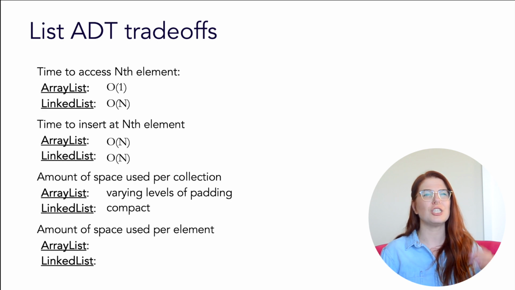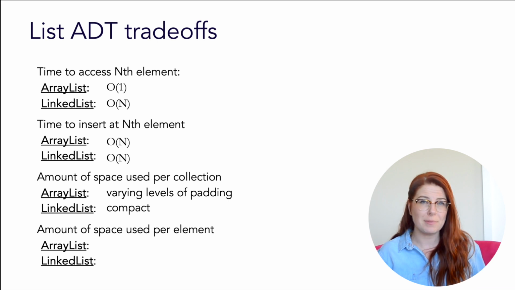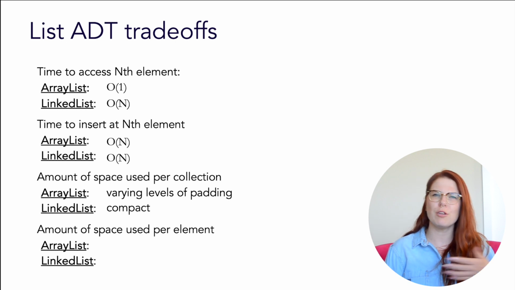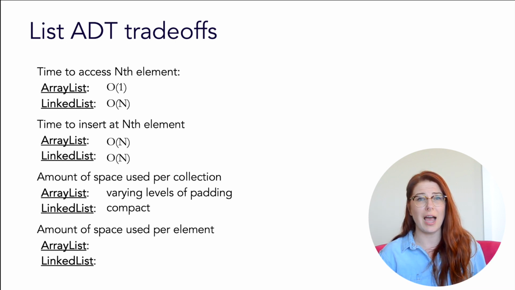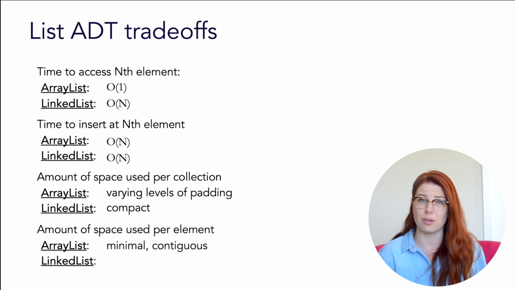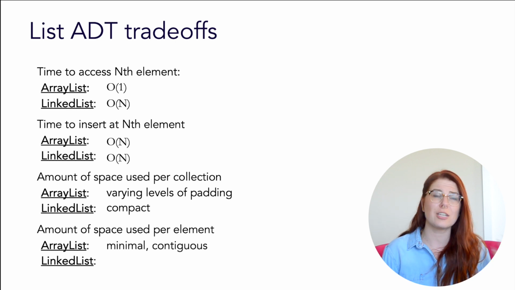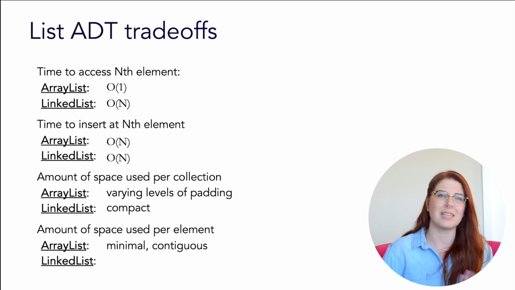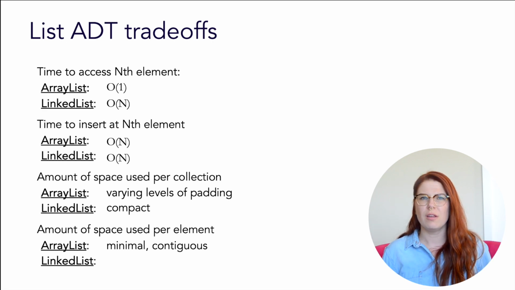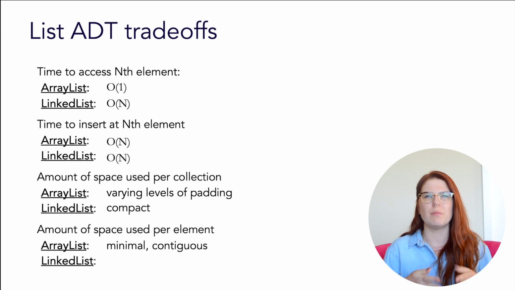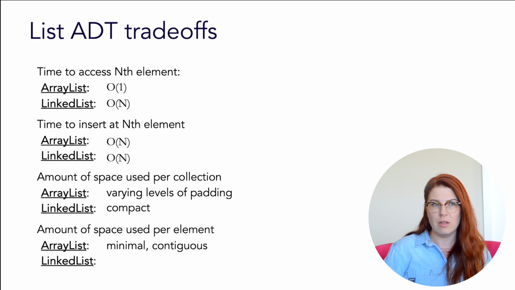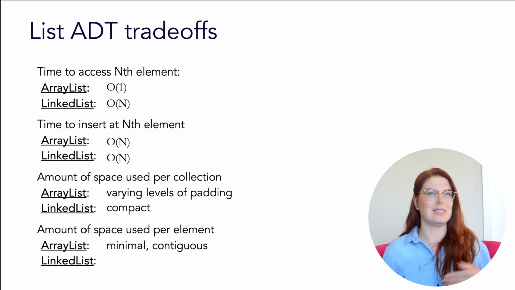However, when we look at each individual item, computers are really optimized for arrays, because computer memory is just a big array. And so when you ask your computer for an array of size 5, what it goes and does is actually find 5 spaces of memory right next to each other, so that you don't have to store any extra information of where to find those pieces scattered across your memory. So your memory per item is going to be the minimum amount required in the array list model, but in the linked list model,